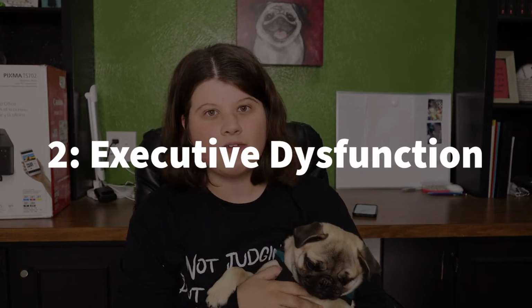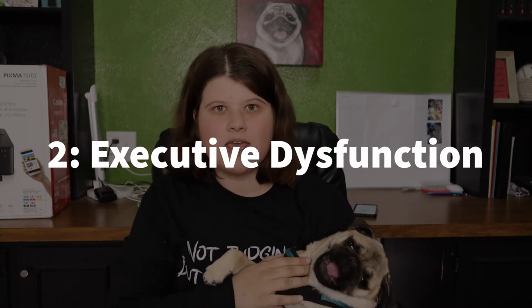Number two reason why Ron has ADHD is because of his executive functioning. If you don't know what executive functioning is, it is kind of the ability to start tasks and to organize your thoughts. And Ron doesn't do a very good job at either of those. So, for example, homework. He will get obsessed with something and then won't be able to start homework.